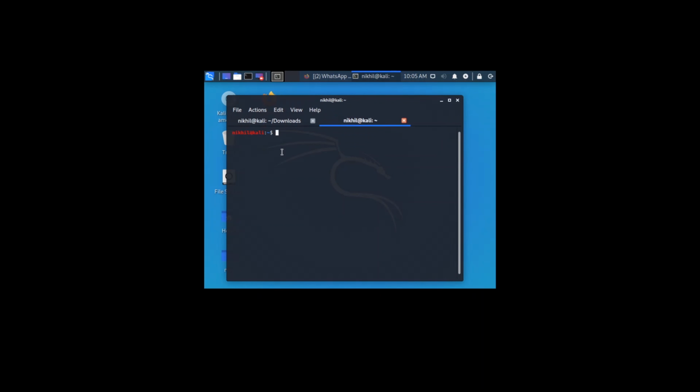So guys, right now I'm here using msfvenom, which is used to create payloads. I'm going to use the platform. Which platform I am going to use is Android. I'm going to use Meterpreter, and I'm going to use the reverse TCP protocol, which means nothing but reverse transmission control protocol, guys.